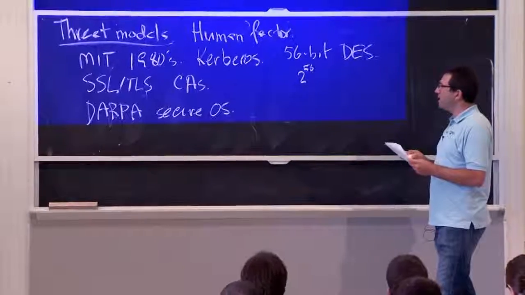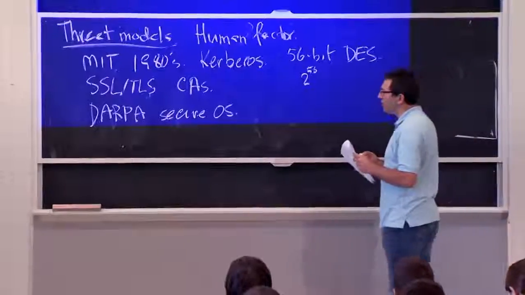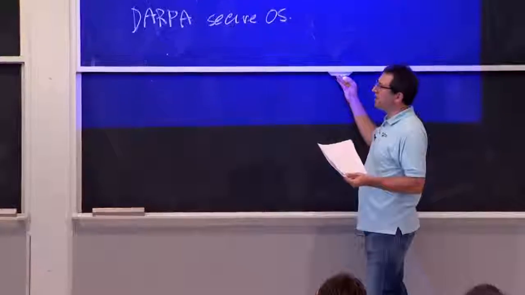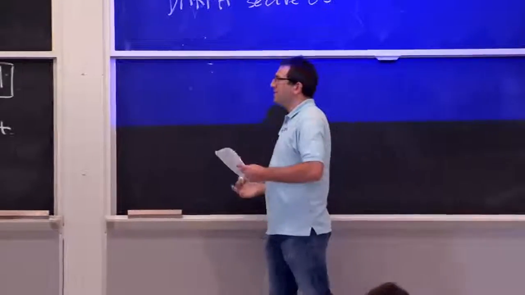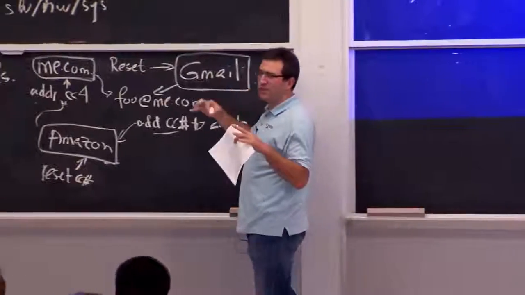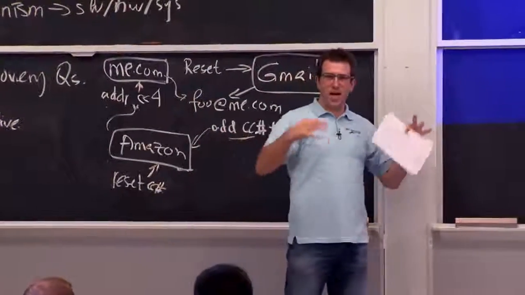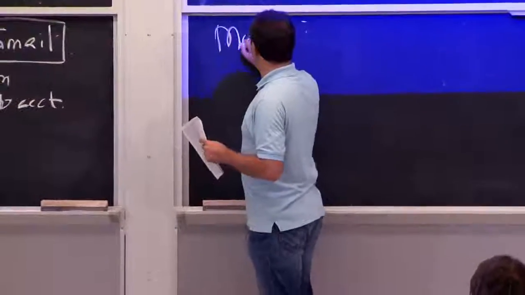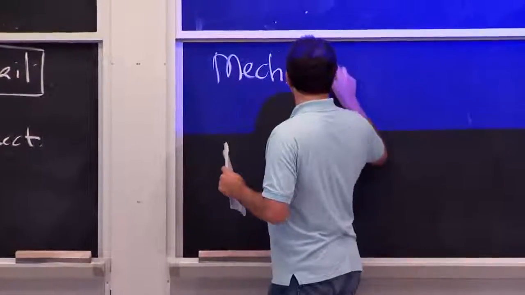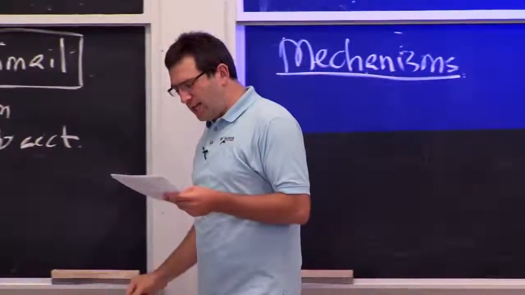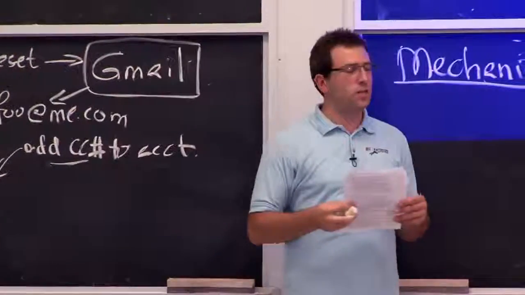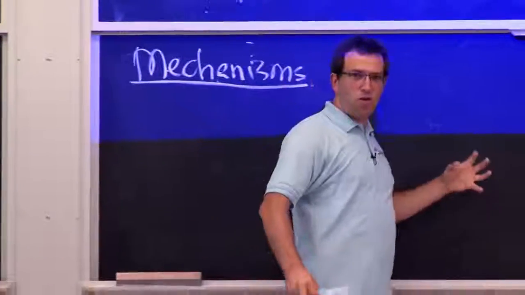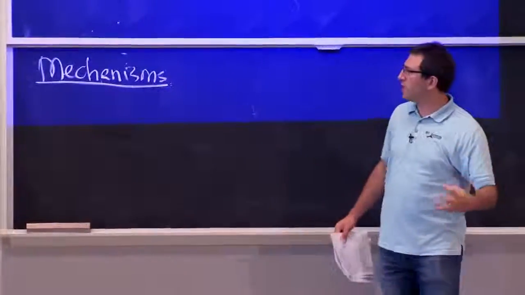Probably the most pervasive problem that shows up, of course, is in mechanisms. In part, it's because mechanisms are the most complicated part of the story. It's the entirety of all the software and hardware and all the system components that make up what is trying to enforce your security policy. And there's no end of ways in which mechanisms can fail. Partly as a result, much of this class will focus pretty heavily on mechanisms and how you make mechanisms that are secure, that provide correct enforcement of security policies.